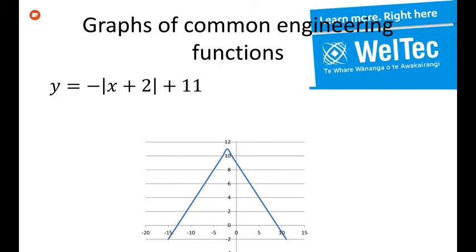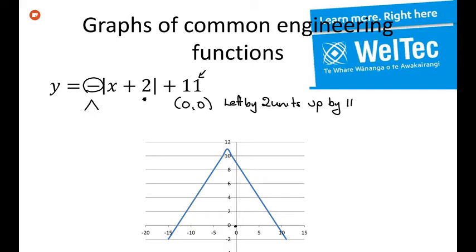This is an absolute value curve. It's a negative one, which means it's going to be that typical shape. And the fact that it's x plus 2 and plus 11 means that the vertex, which was at 0, 0, is going to move to the left by 2 units and up by 11. So it was at 0, 0. Now there's been a translation of the vertex up to the point -2,